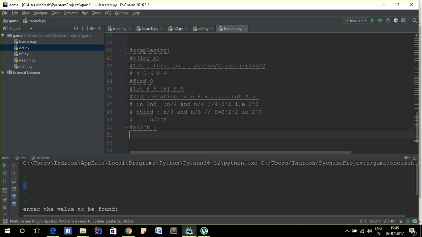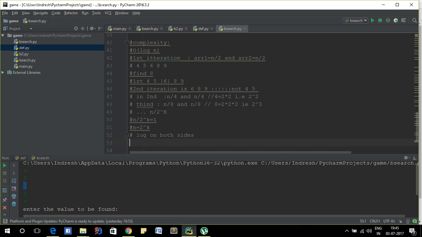And if we take log on both sides, then it will be log of n equal to k log 2, which basically means k equal to log of n, and as log 2 is taken to be equal to 1,